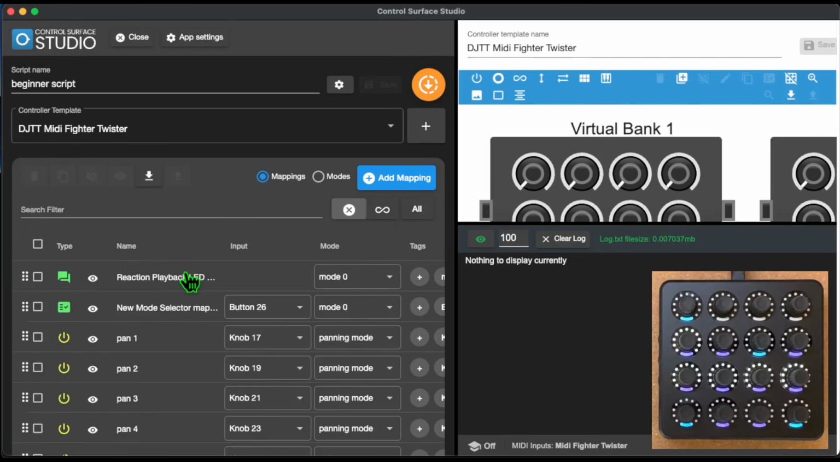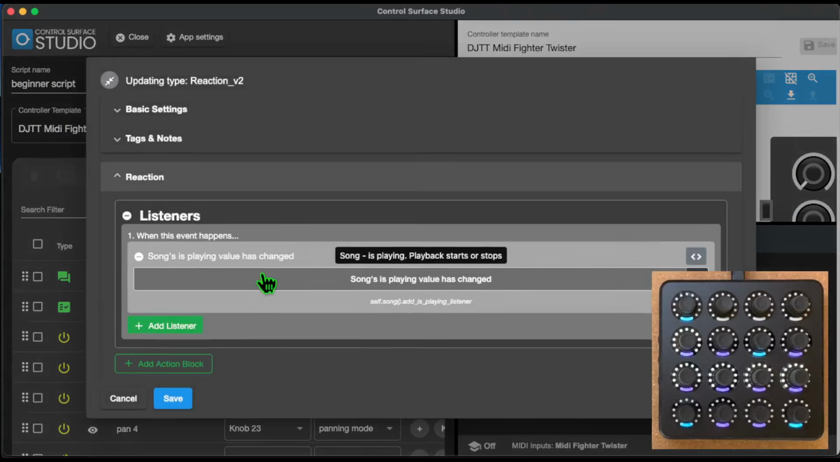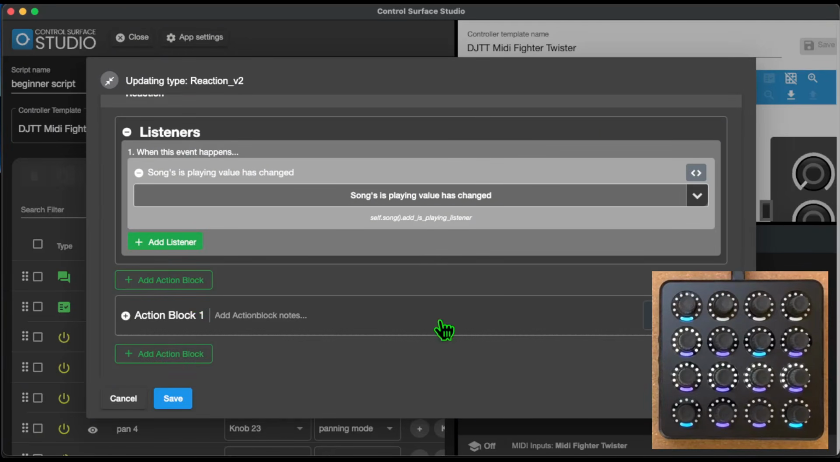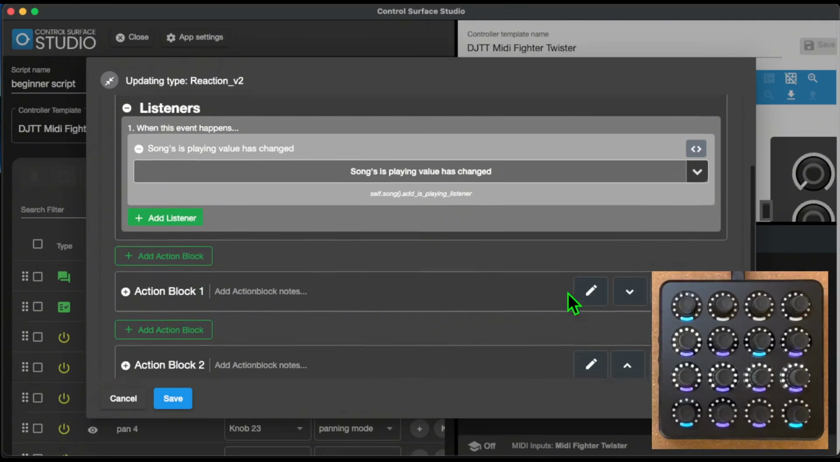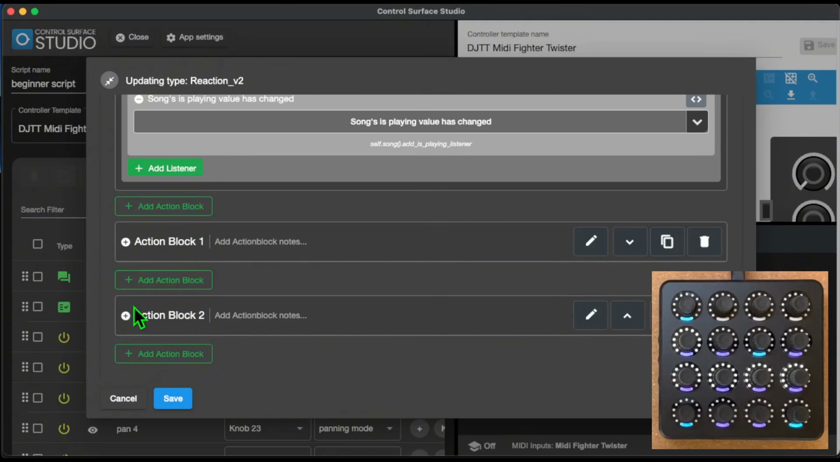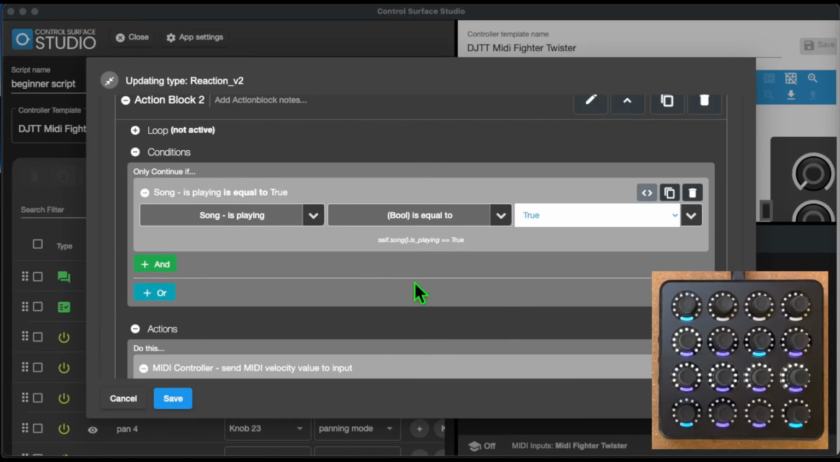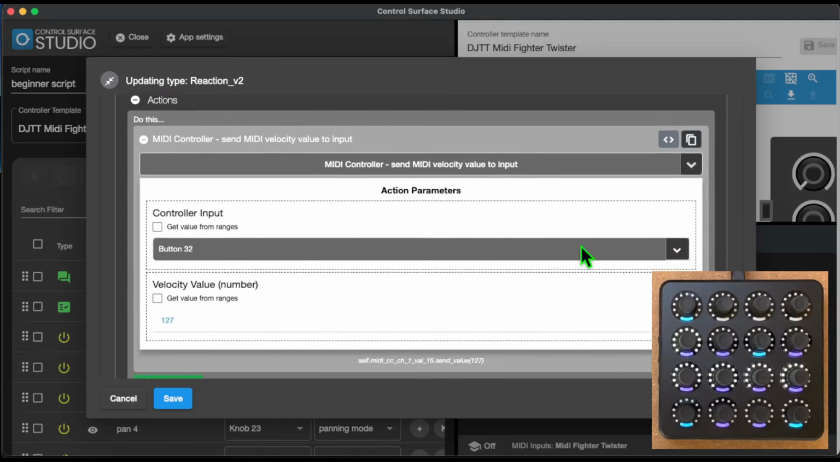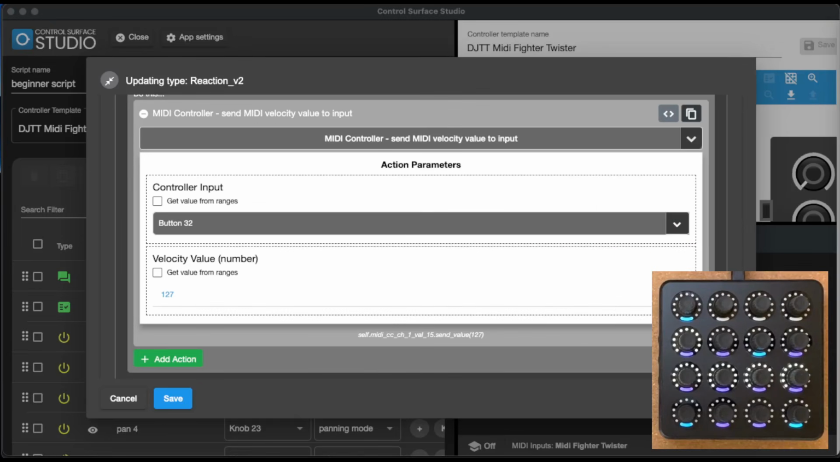To handle this scenario, I can duplicate the action block. So if I come back into the reaction, here's the action block, and I'll duplicate it. So we now have two action blocks which are doing the exact same thing. In the second one, I'll change the condition so the actions within here only fire if playback is stopped, which I can do by changing true to false. In the action, I want to turn the button's LED off by sending a velocity value of 0. Now I'll generate this into Ableton